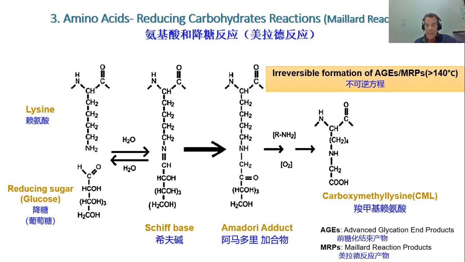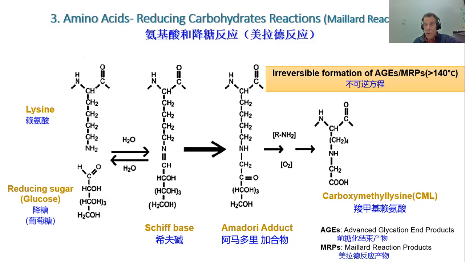Actually, you can free up the lysine from that Schiff base. However, when it proceeds one step further to the amidoride product, it becomes irreversible. And then there's a series of steps, and you end up with the formation of carboxymethyl lysine and a whole variety of these. So you actually have advanced cyclization products or Maillard reaction products of different kinds, depending on your starting material, whether lysine or another amino acid, your starting reducing sugar, and how far it progressed in the reaction. So it's really quite complicated.